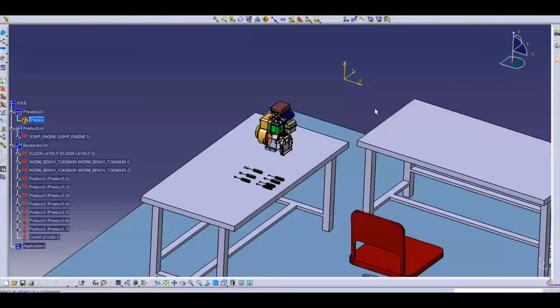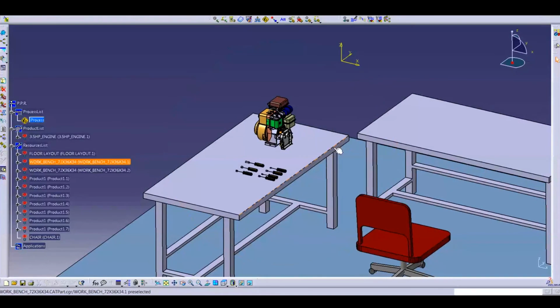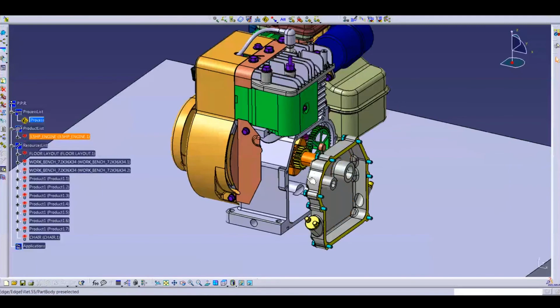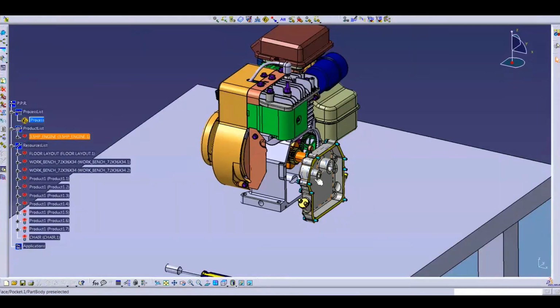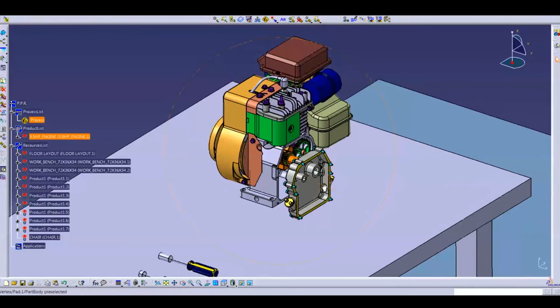We are doing simulation in two methods. First is live simulation, and second is simulation for the entire assembly line. For example, this is a battery fitment. If you want to do battery fitment, then you directly open your data and create a simulation, and you can validate the process, whether battery fitment is possible or not.